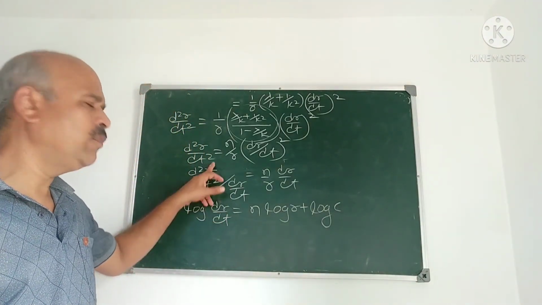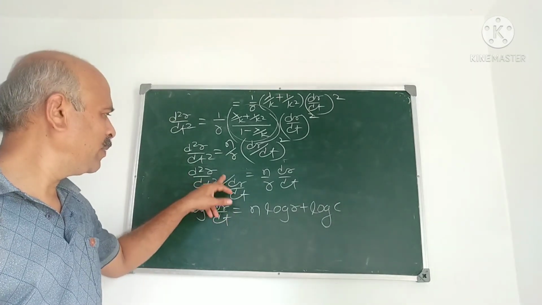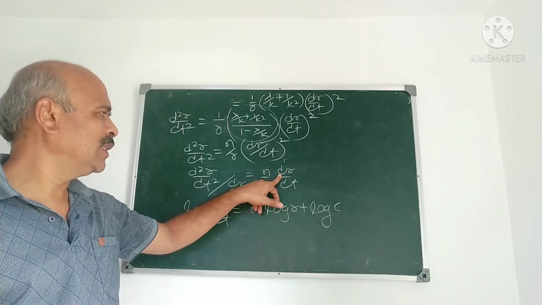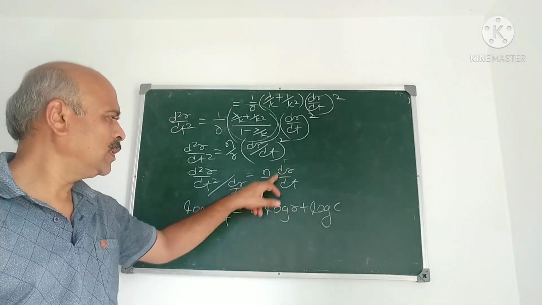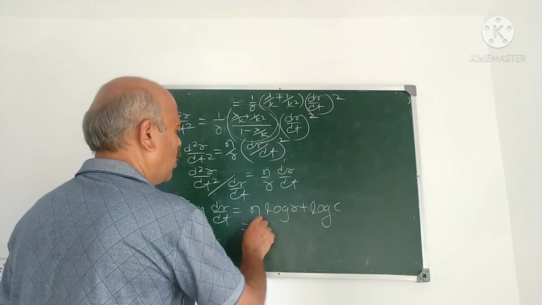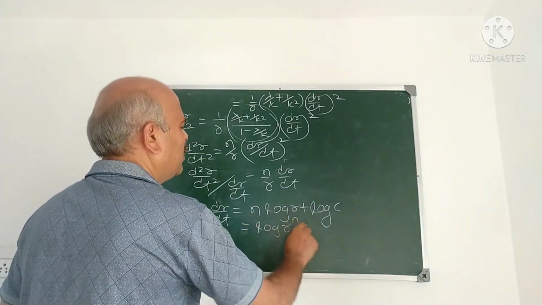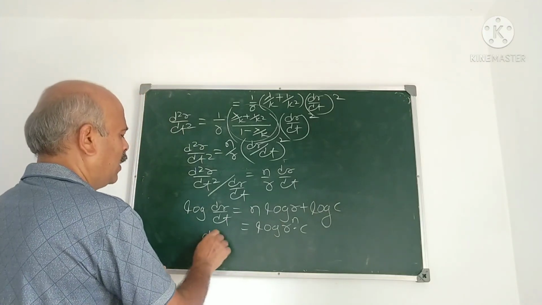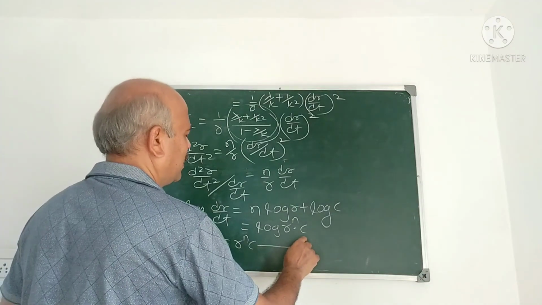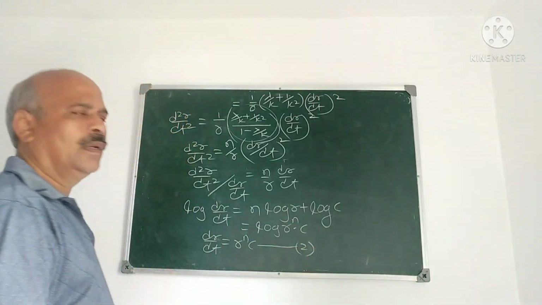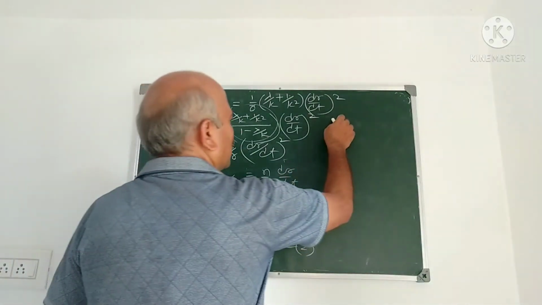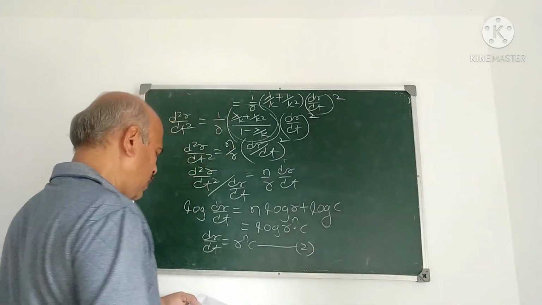It is f dash x by fx form. What is the integration of f dash x by fx? Log fx. Here also for r, its derivative is there, dr by dt. So n is a constant, log r plus log c. Now it is log of r raised to n into c. Simplify. Therefore dr by dt is r raised to n into c. Take this as 2. So we have obtained dr by dt now. Also from 1,